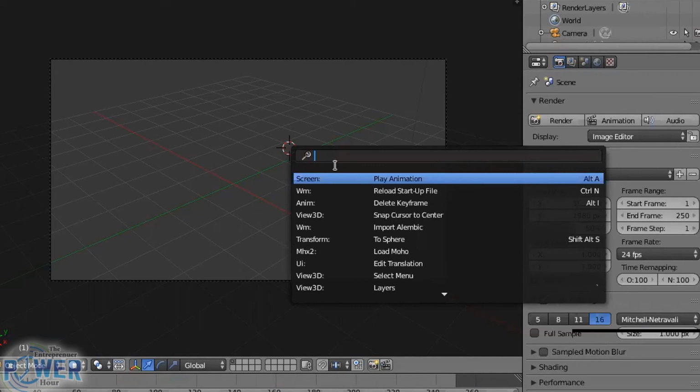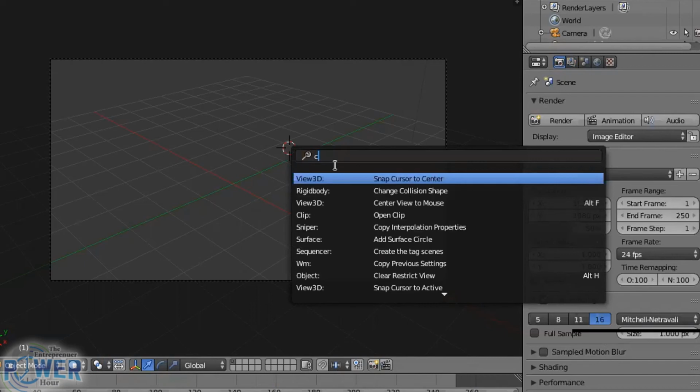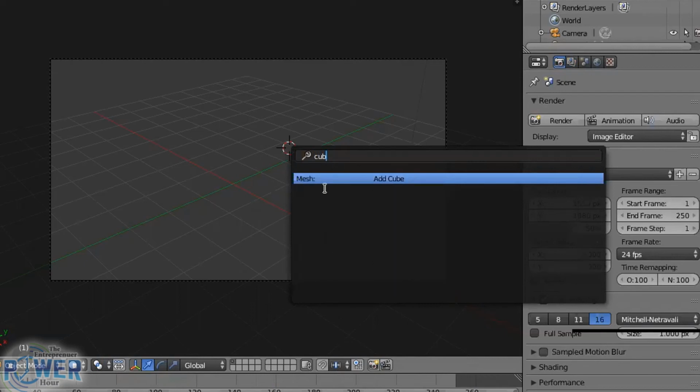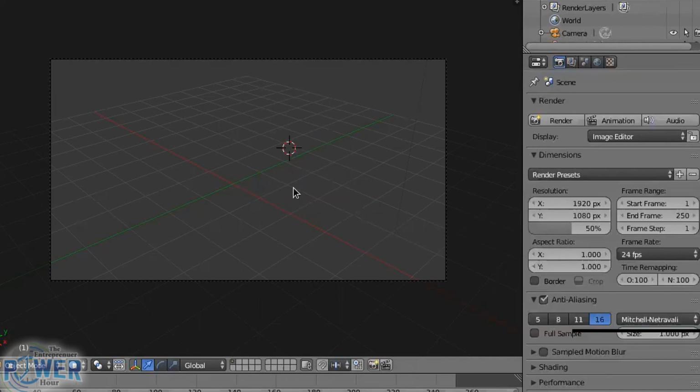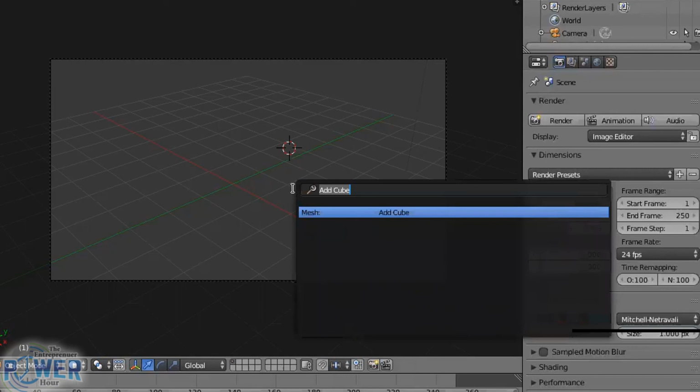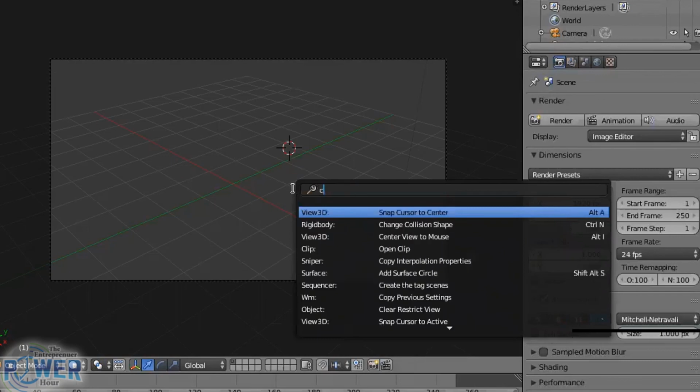But if I start to write cube, for example, I have a shortcut for Add Cube. If I press the left button over here, I will create a cube. I will press delete to delete it. And again, pressing spacebar, if I start writing, for example, sphere,